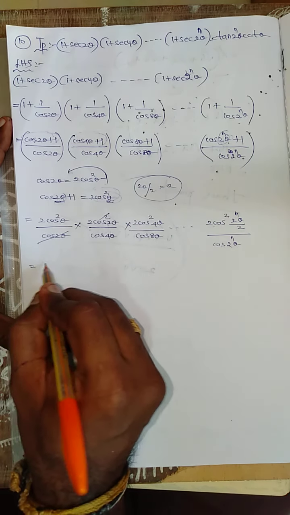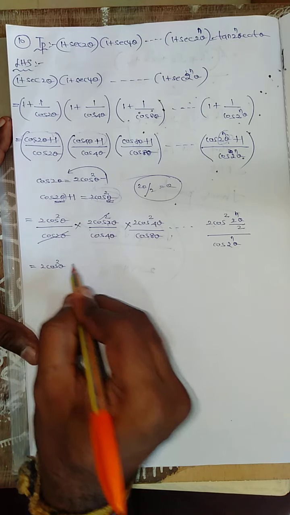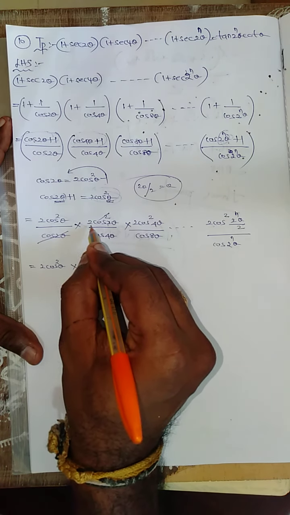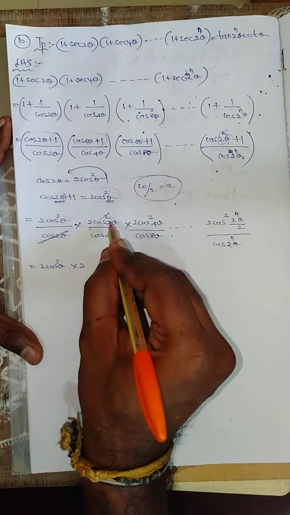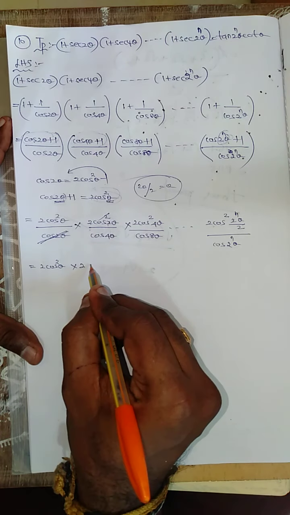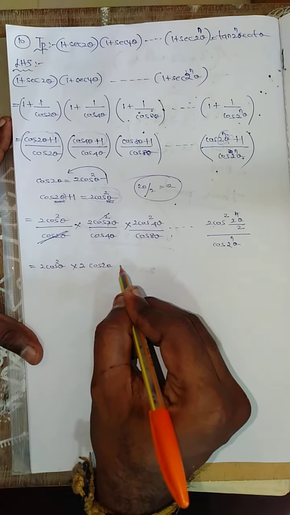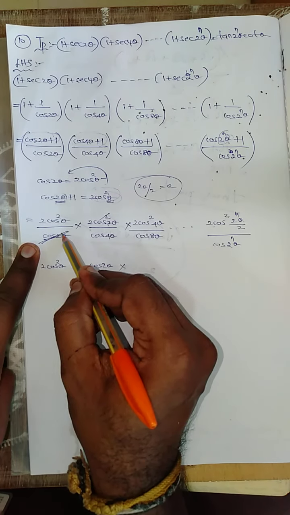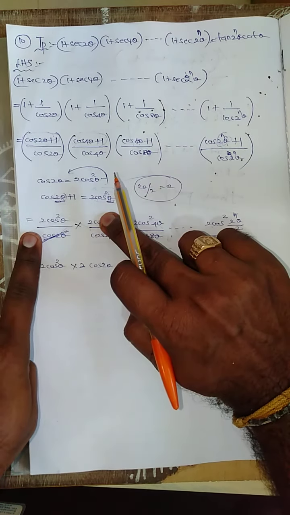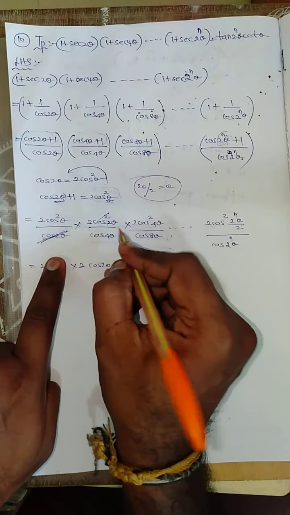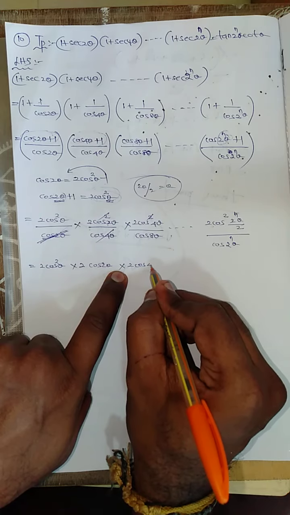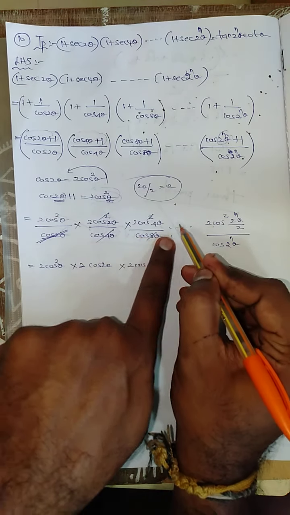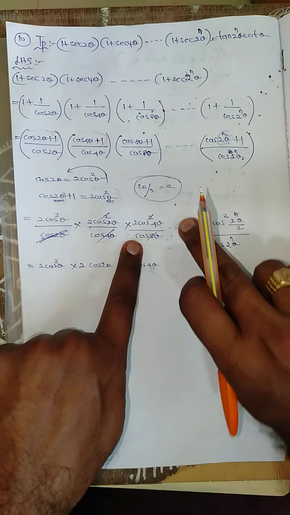Listen very carefully. So what is the remaining? 2 cos square theta, the 2 remains the same, cos square theta, and there is 1 remaining, right? Cos 2 theta. Next, see, this one cancels first, this one second. They are the same. Here and here, cos 4 theta, and this one cancels. So 2 into cos 4 theta. The same with cos 8 theta, this one will cancel and it moves on. This one and this one cancel.